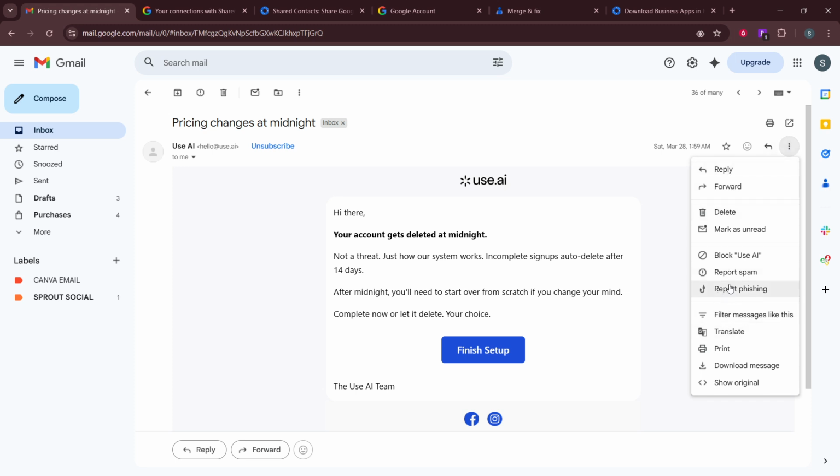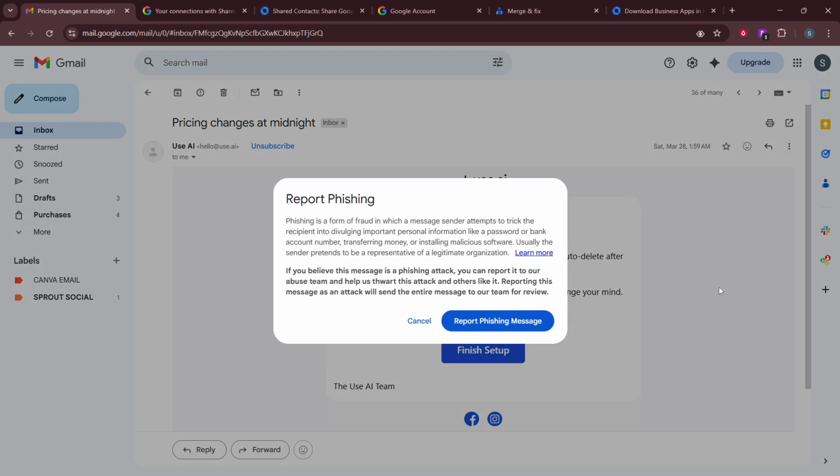From the menu, choose Report Phishing. This option specifically flags the message as an attempt to steal information, which is different from ordinary spam. Selecting Report Phishing tells Google's systems to analyze the message and learn from it, helping block similar attacks in the